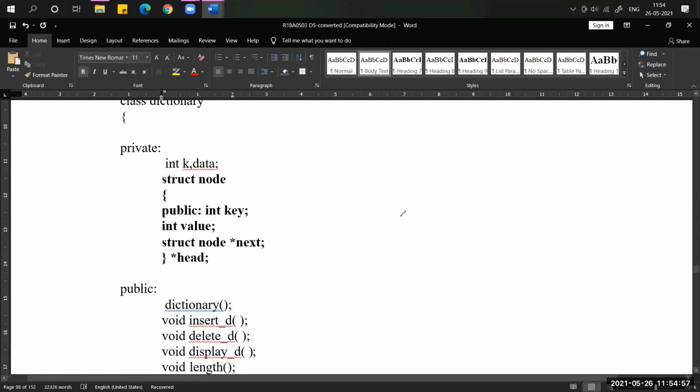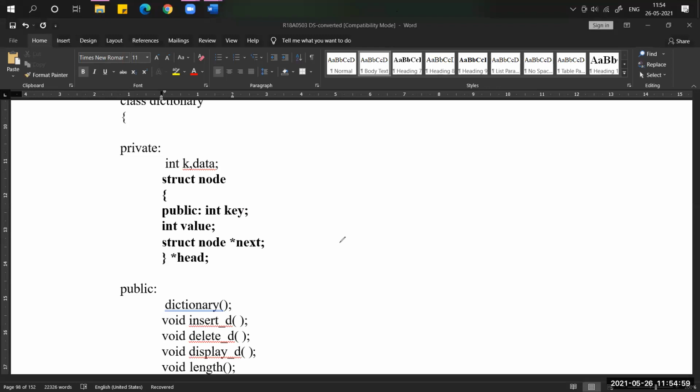In the linked list concept, every linked list has a collection of nodes. This is nothing but a node. What keyword are we going to use for creating a structure for a node?